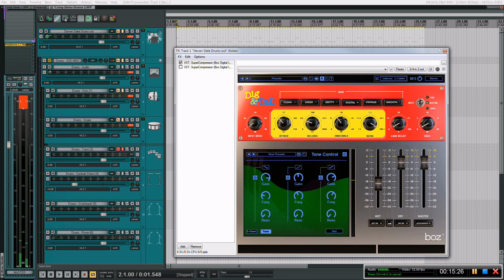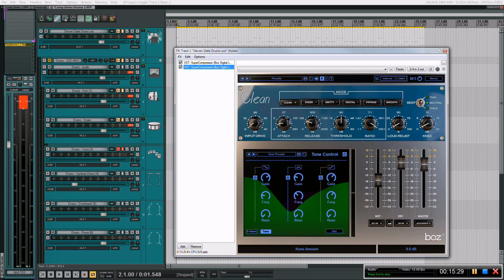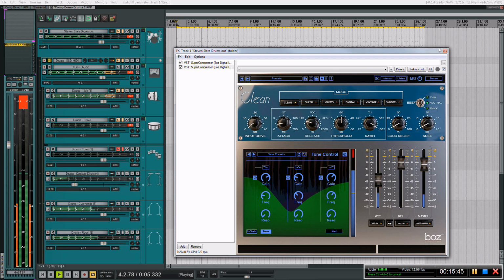All right, and so I wanted to add just one more compressor in here to kind of give it a cohesive feel. And again, I'm using this in parallel. I feel like now that I have the option, I just use everything in parallel. So let's turn this off, the dry. And this is what we're going to be blending into our signal. Really scooping the mids. Again, this is not something you'd ever do on your own, but when you blend it in, with it, without it. Now if that's too much low end,